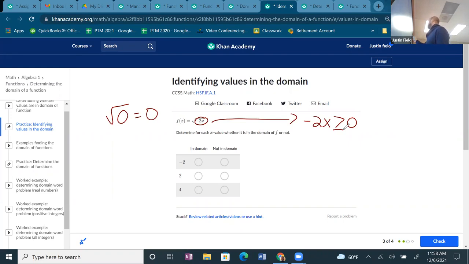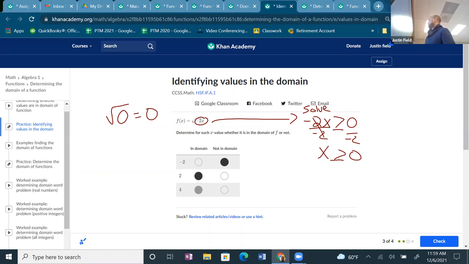All right. So when you solve this, we just divide both sides. All right. So anything greater than or equal to 0 is in the domain. Anything less than 0 is not in the domain. But had a different expression been underneath, then it would have been different. Like if I had